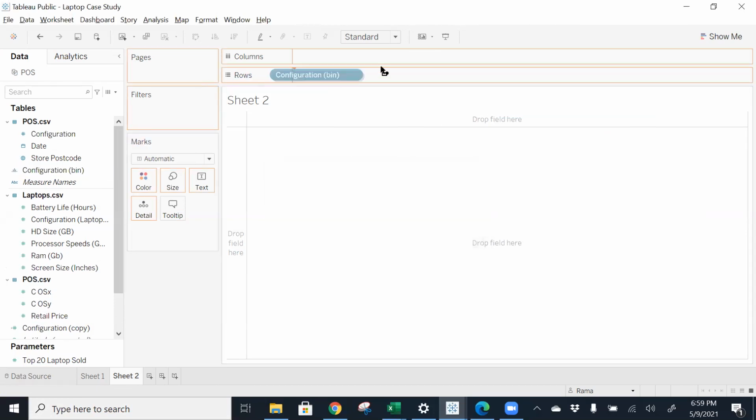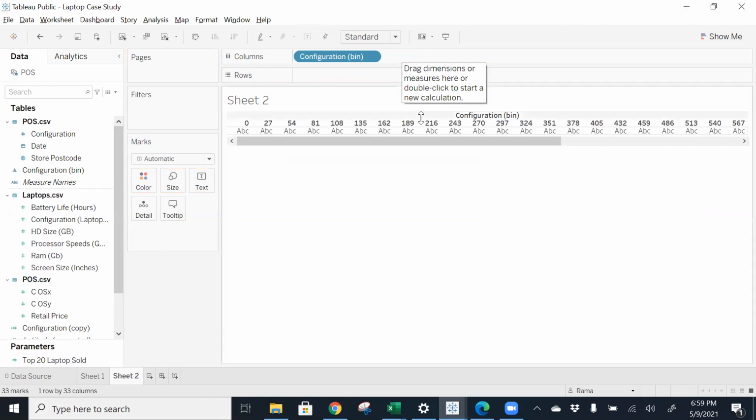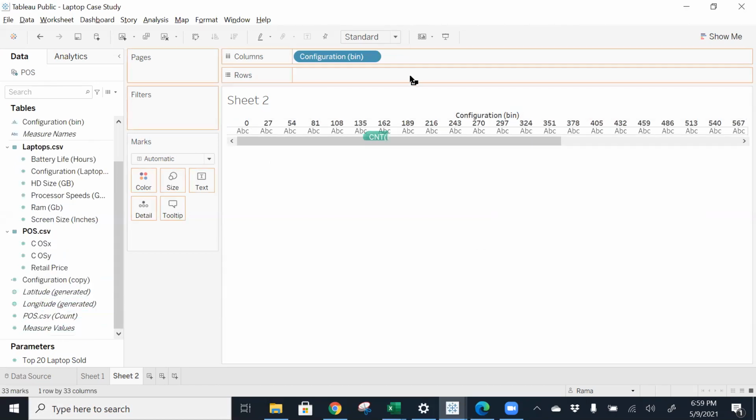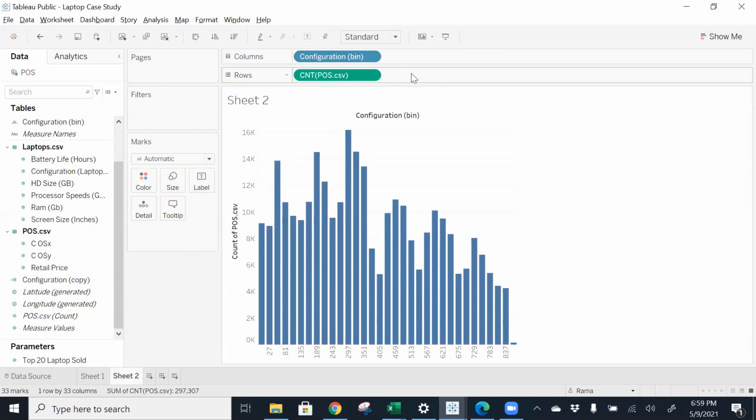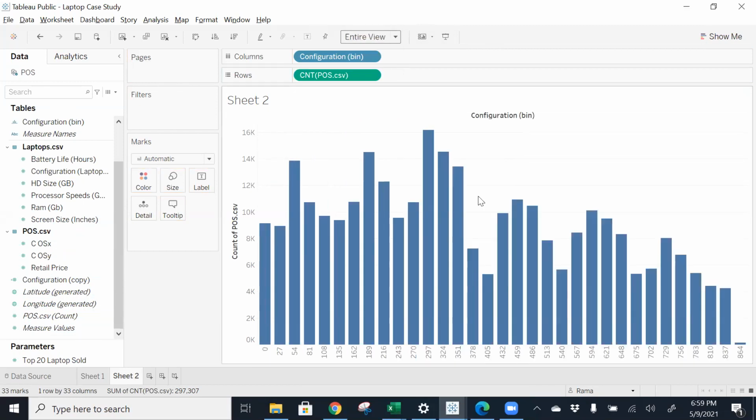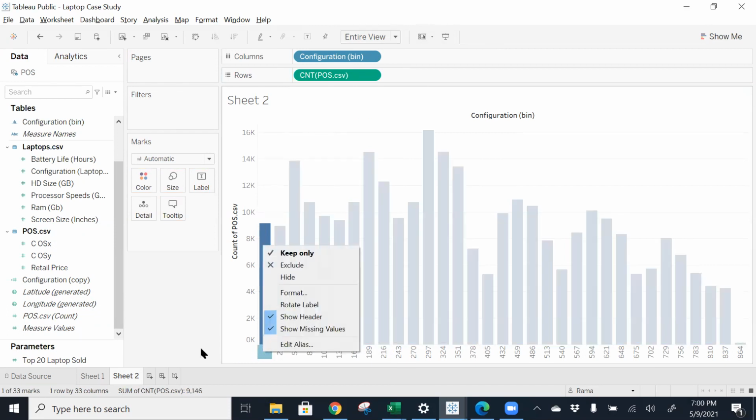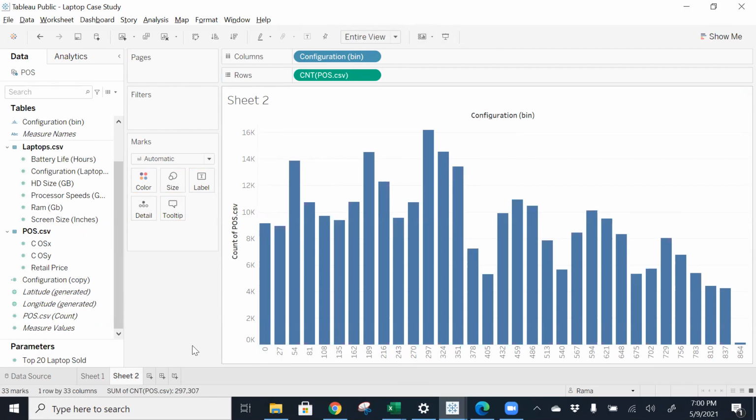Now bring this field on columns and bring the count over there. If you make it full screen, you get 0 to 27, 27 to, likewise. So with 27 you have got 33 groups. You just have to make a small alteration so that the numbering starts from 1, not from 0, and you will end up getting the 32 groups. Is the job done? Right, Harshit? Okay, thanks.